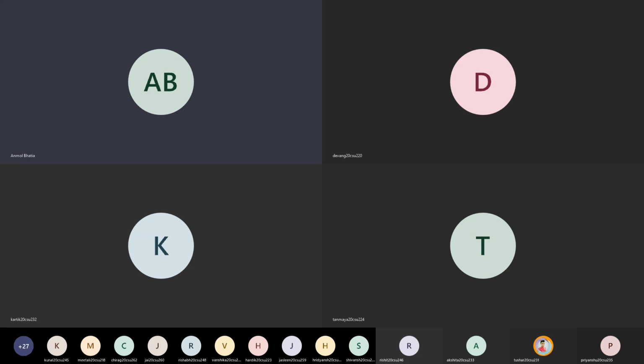I will be joining again after 5 minutes, but before that let us just discuss once how to make these arrow heads, because